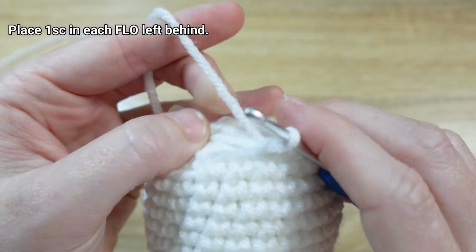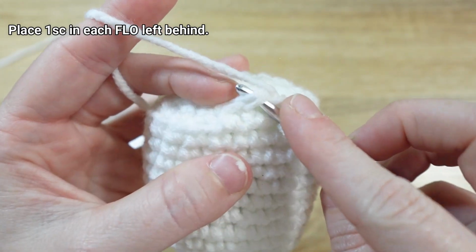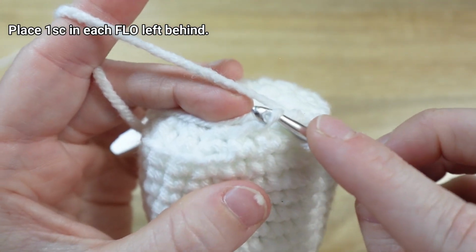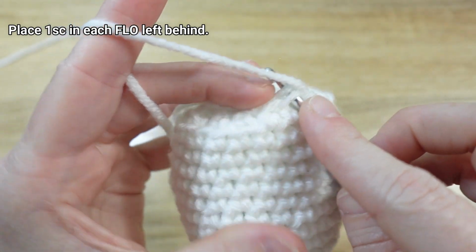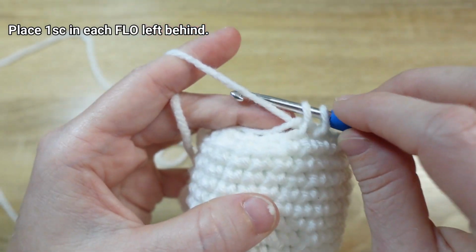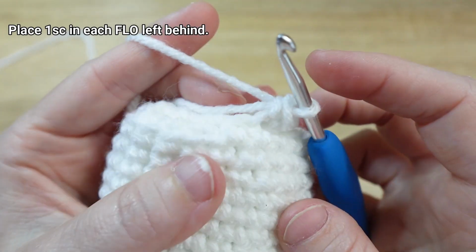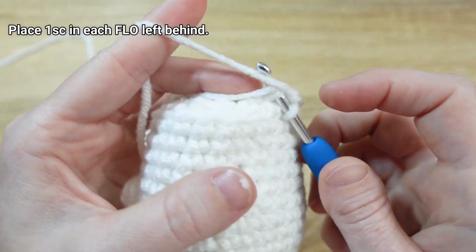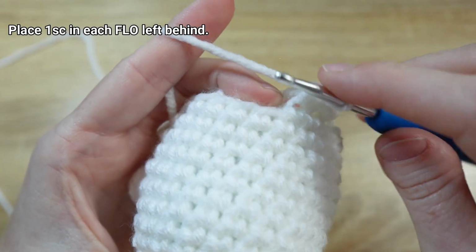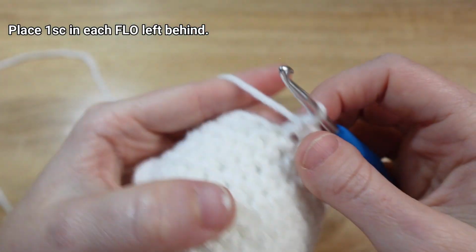So just like when we were working in the magic loop, we're going to work over both the stitch and the tail at the same time. So to make our first stitch, we're going to go through the front loop left behind here, and of course underneath the tail, and then yarn over and draw through, and yarn over and draw through both to make a single crochet. And then we're going to go through the next front loop left behind, yarn over, draw through both,